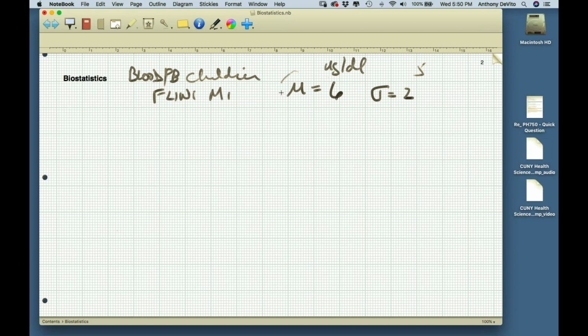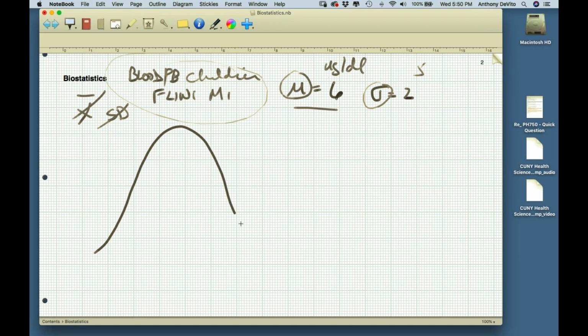Now, notice I'm using mu and sigma. I'm not using X bar or the sample standard deviation, right? I'm not using them because I'm describing a sample that involves the entire population. This is the rare event where we actually know what mu is. So I'm going to sketch this out because it's always going to be easier to figure this out if you draw a little bit of a sketch.